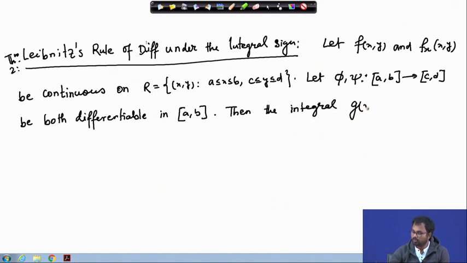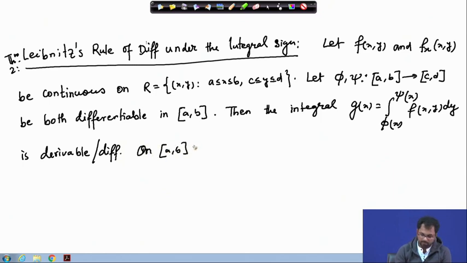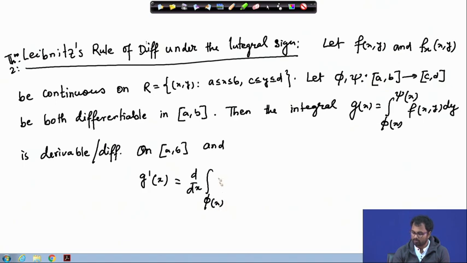the integral, let us say g(x) equals the integral from phi(x) to psi(x) of f(x,y) dy, is differentiable on the interval [a,b], and our derivative can be given as g'(x) equals d/dx of the integral from phi(x) to psi(x) of f(x,y) dy, is equal to f(x,